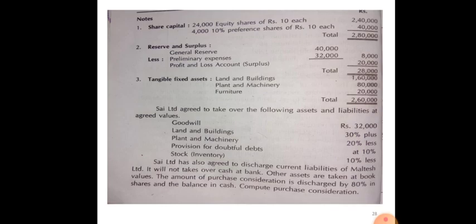Now see in note number 1, equity shares, how many equity shares are there? 24,000 equity shares. Only equity shares we have to take, not the preference shares, they are not included. So this 2,68,000 divided by 24,000, the intrinsic value is rupees 11.17. It's the intrinsic value under the asset side approach.